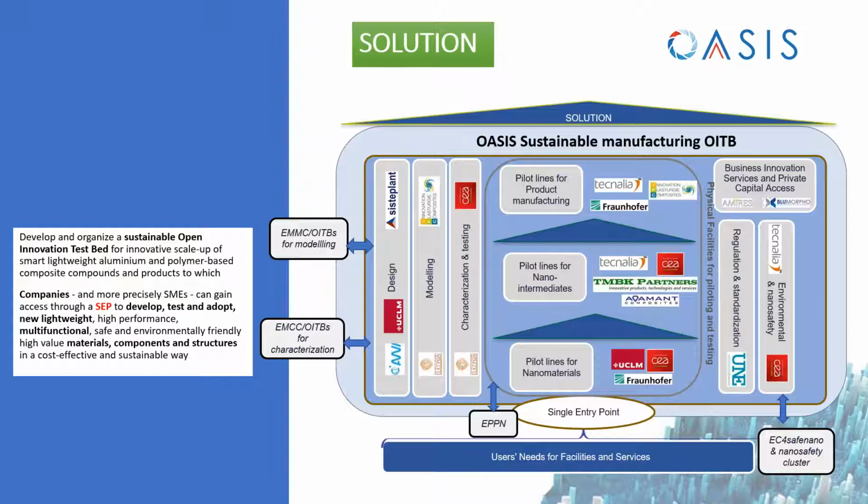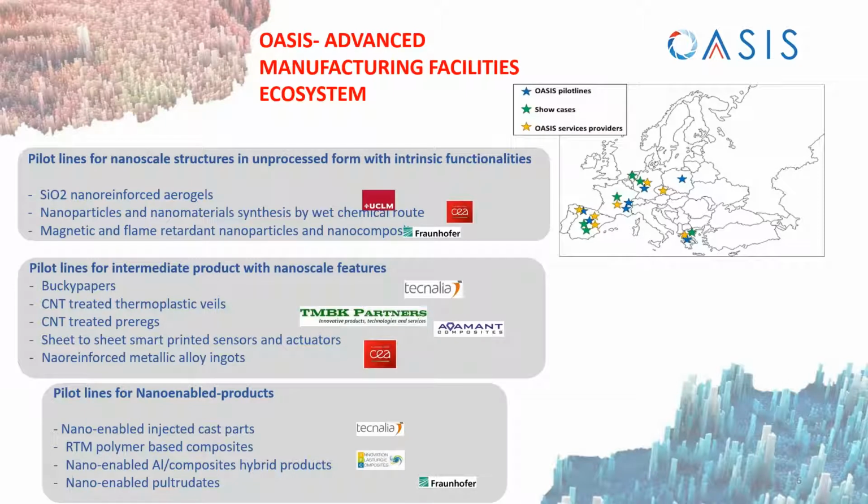This single entry point will allow these clients to develop, test, and adopt new lightweight, high-performance, multifunctional, safe and environmentally friendly, high-value materials, components, and structures in a cost-effective and sustainable way. So under the umbrella of OASIS, all the facilities and services inside OASIS would like to become a partner for your development if you are looking for lightweight, multifunctional, composite or metallic parts. The ecosystem and the network of facilities of OASIS